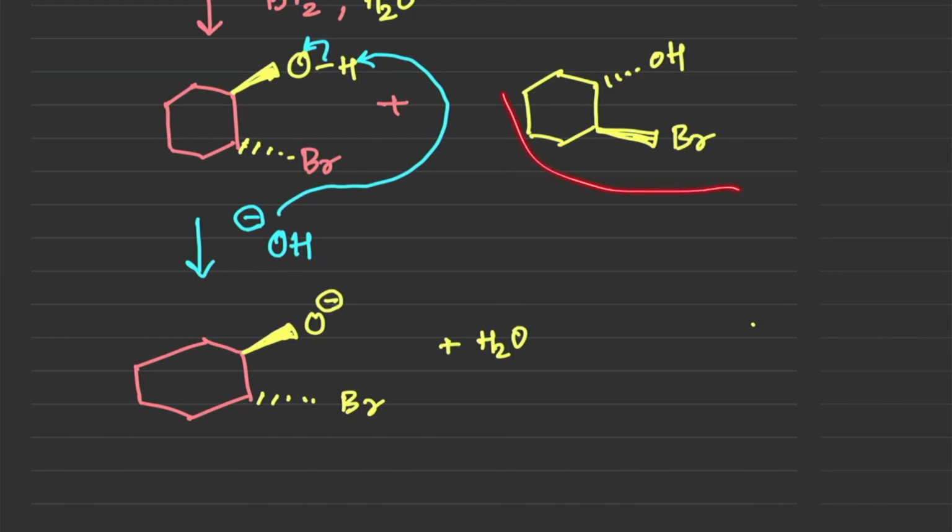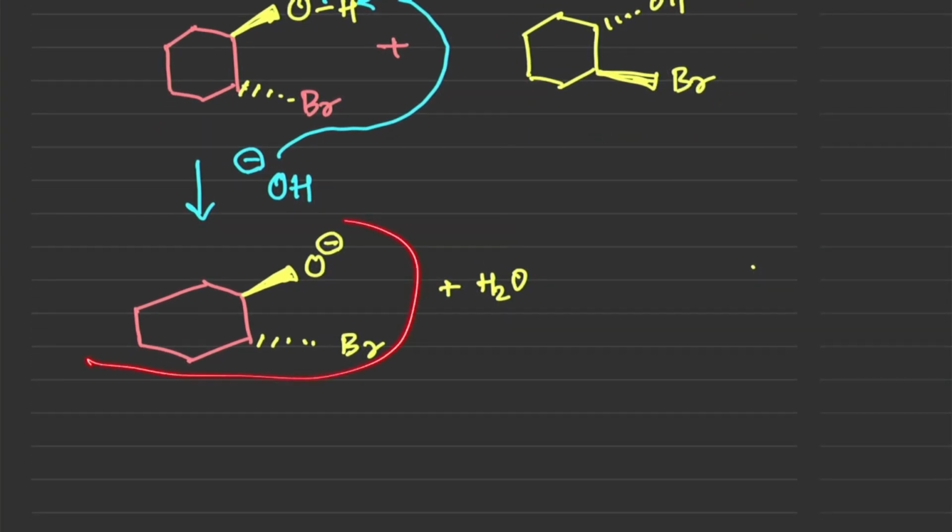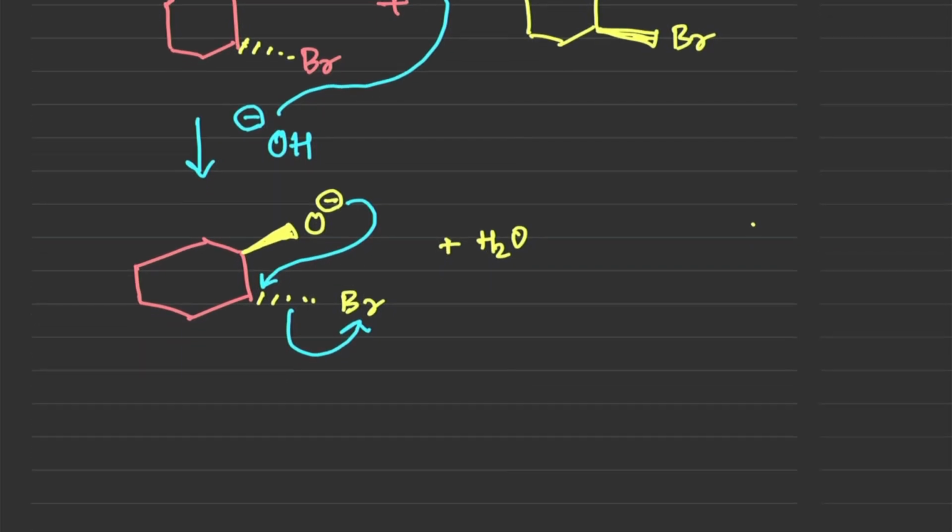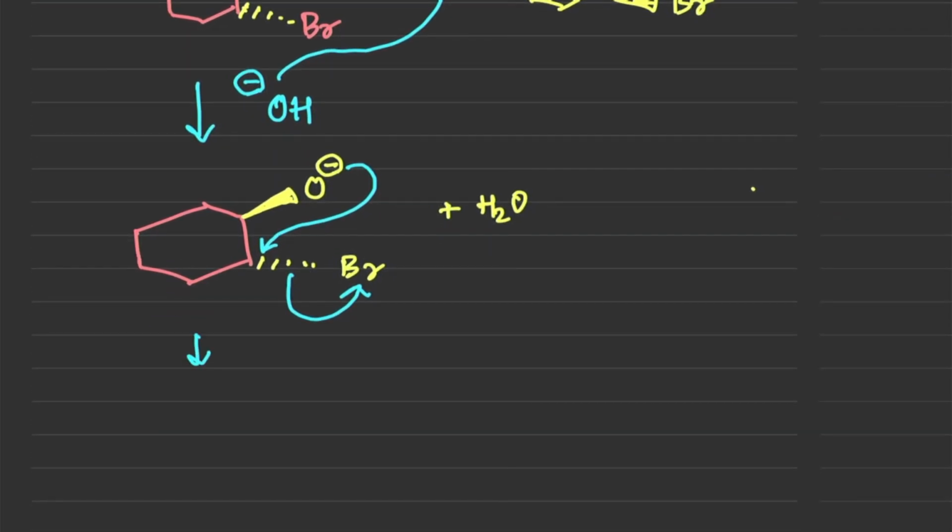We could do the same thing on the other side, so let's focus on this molecule right here. Now your O minus is going to make a nucleophilic attack on this carbon center. Bromine is a good leaving group, so it can go out. O minus says there is a carbon atom where bromine is attached, and it can kick bromine out. If you do so, you will end up making an epoxide